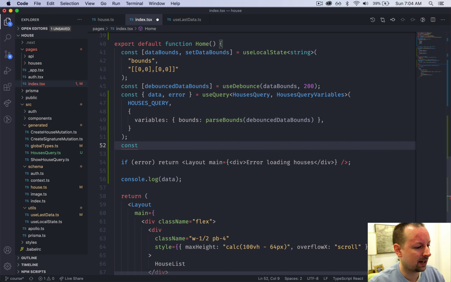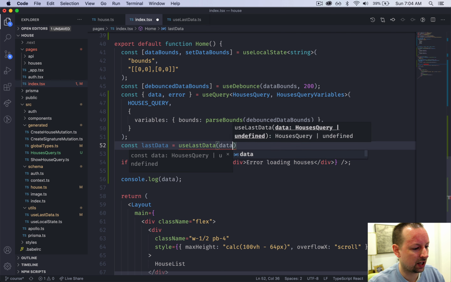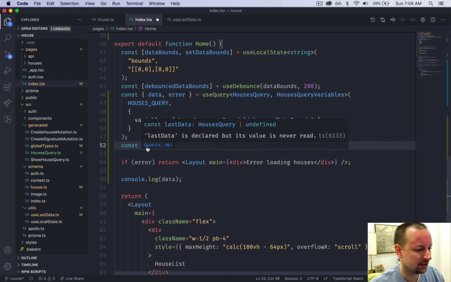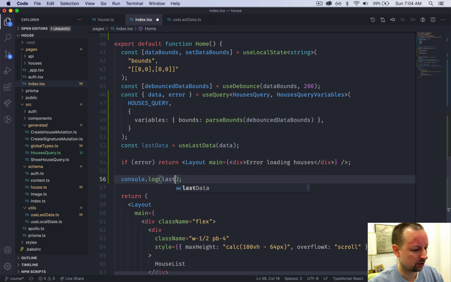So we're going to call it last data, and we're going to say use last data. We're going to give it the data, and then we're going to get back last data. And now if we just look at last data instead of data,